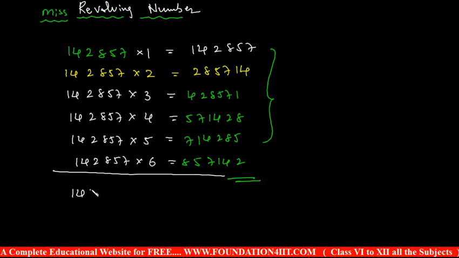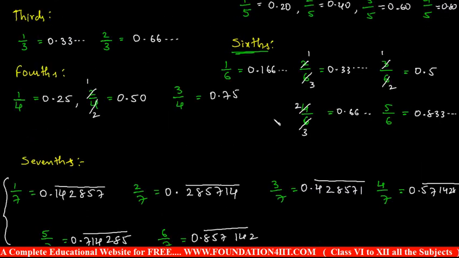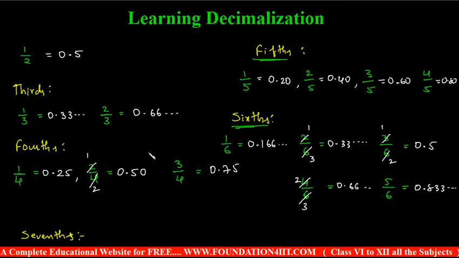For example, if you multiply 142857 with 7, what will you get? You will get all 9s. And with 8 it is again different. So only up to 6 can we notice this. Okay, so one of the great mathematicians has given these concepts. You can apply this in 7s also. So these are the things we can use for converting into decimalization. Next, I'll explain some important rules in divisibility properties.